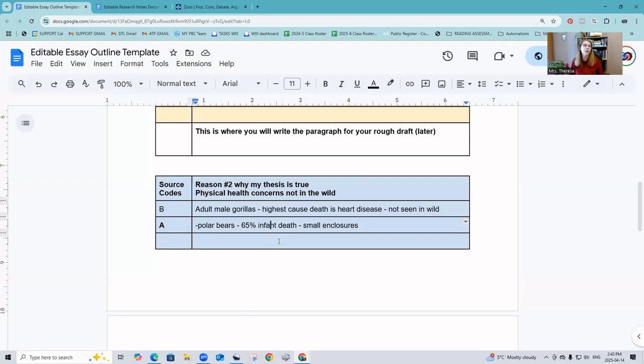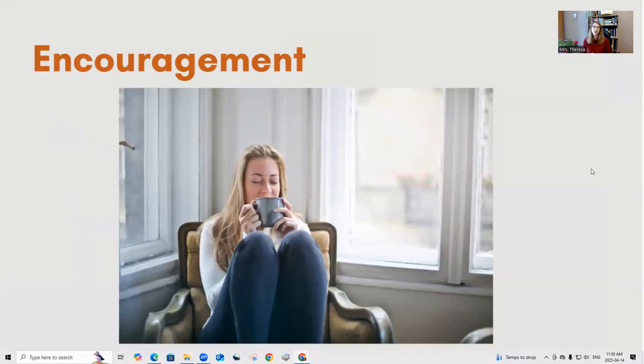Okay, this is how we do an essay outline. Parents, I have some encouragement for you. I know essay writing is a struggle. I know your students might not like it, but it's so important. And I know you can do this. I know they can do this. It is a step-by-step process of growth every step of the way.